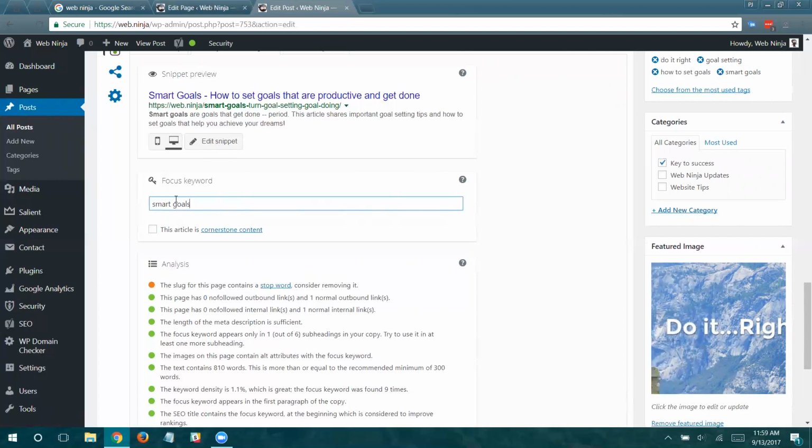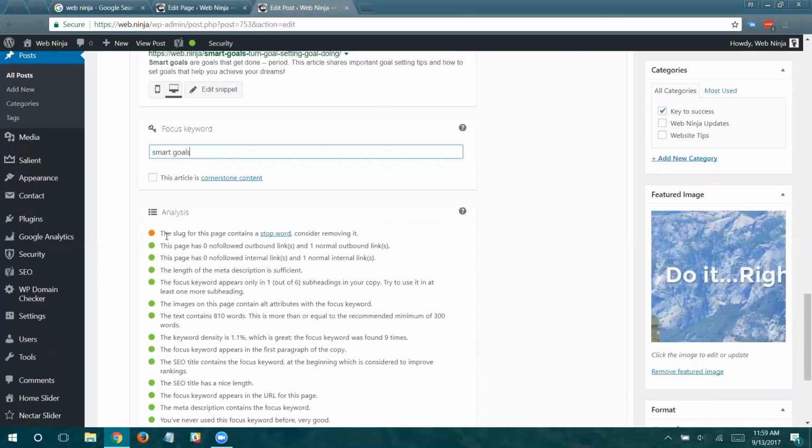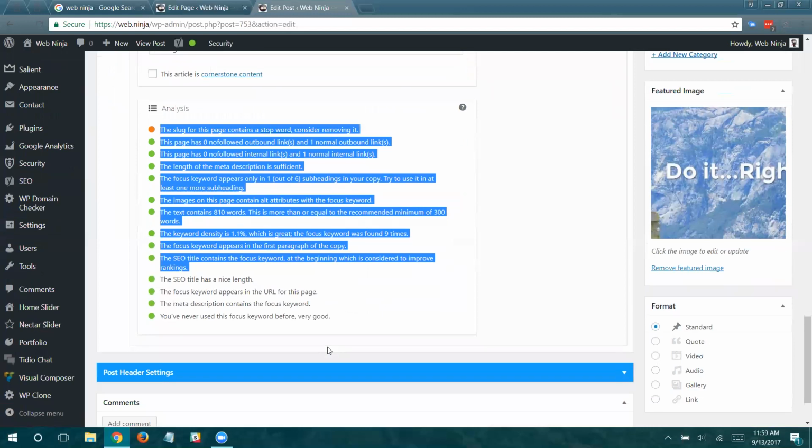Here's some people searching for SMART goals. And I can tell with these different context clues, which are created by all these different items here, that this page is all about SMART goals. If somebody searching for SMART goals lands on this page, they'll be happy because they found what they were looking for. That's the most important thing.